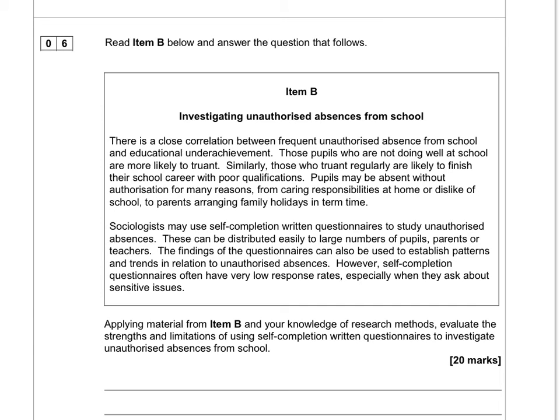You need to explain why that might be a sensitive issue. So, for example, if pupils are caring for parents at home, that might be a sensitive issue for them to discuss. They might not want to admit to that. They might be embarrassed about that. And some pupils might be worried that they might be taken into care if that's found out. Now, if you can make that argument as a criticism of using self-completion written questionnaires, that's really well focused to